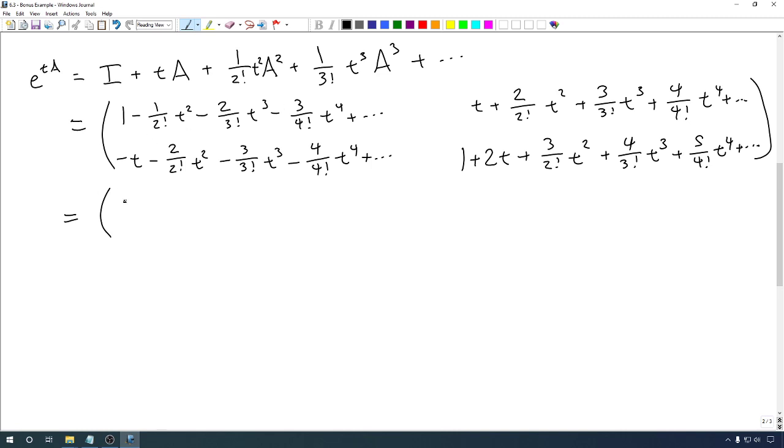This first part turns out to be e to the t minus t e to the t. The second one over here is t e to the t, which you can actually see because this was negative times that, this will be negative t e to the t. And then finally this one down here turns out to be e to the t plus t e to the t. So, not the easiest thing to do, but we have the exponential now. And that's really all the main work that we need to do to solve this problem. So remember, y is going to be e to the ta times y naught. So this matrix that we have here